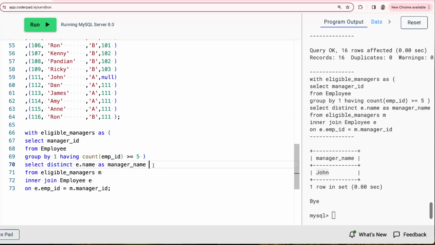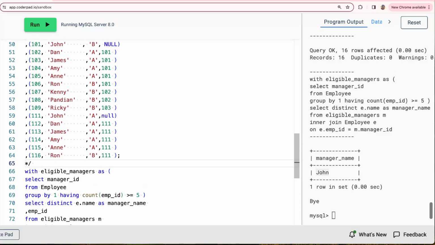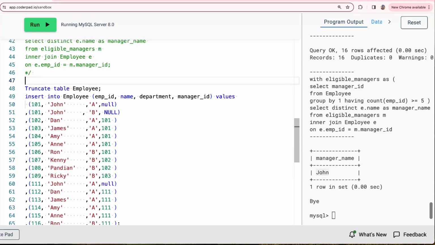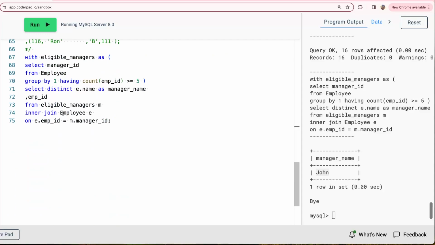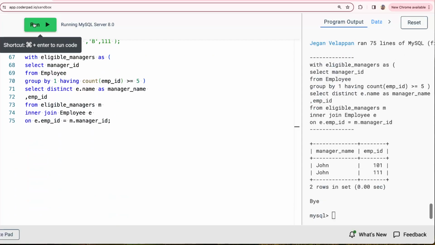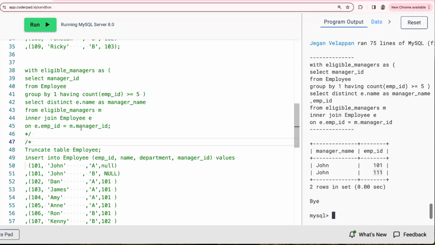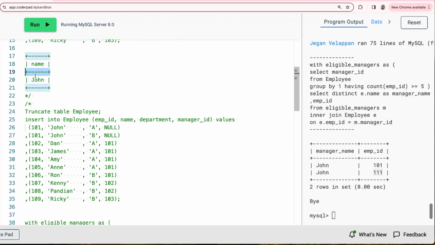So if you bring in the EMP ID, let's comment this data set. Okay, now if you run this, now you have two managers, manager John, employee ID 101 and manager John, employee ID 111, right? Now we got two employees,